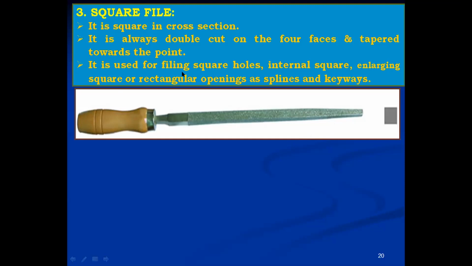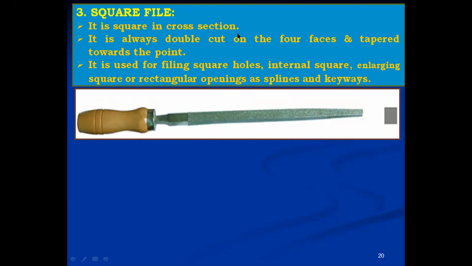It is used for filing square holes, internal squares in a job, and enlarging the holes, making them a bigger size. It is also used for square or rectangular openings such as splines and keyways, where we file for inserting a key.